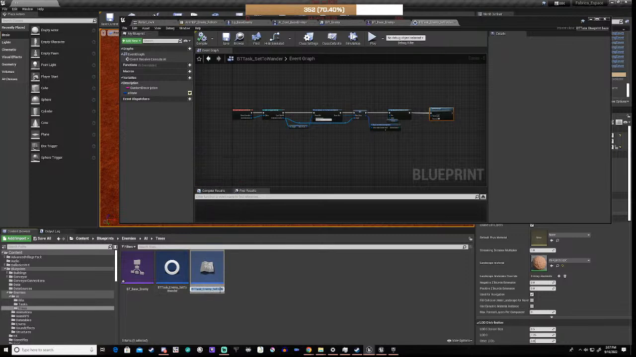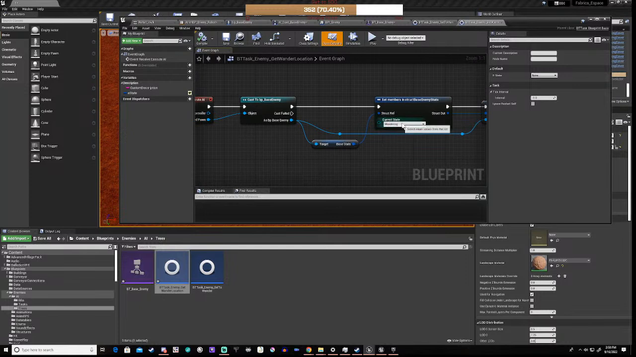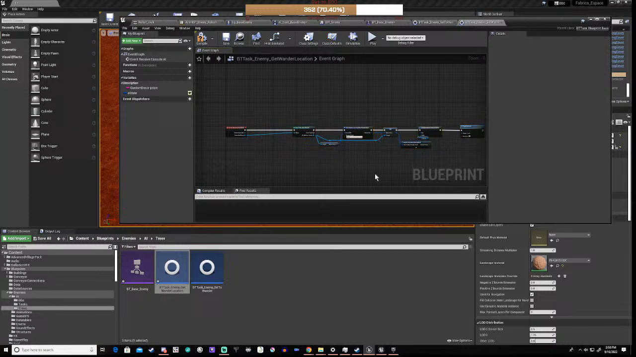And this is going to be, and we're going to say get wander location. Okay. So this time we're going to set it to moving, right? We're going to need